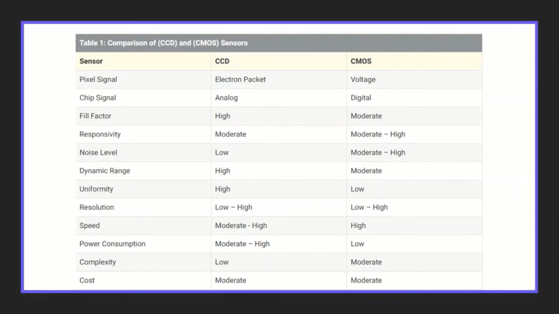But like CCD, CMOS sensors have some disadvantages. For example, CMOS sensors also have more problems with optical crosstalk due to the thicker stack on top of the pixels. This results in a less accurate color reproduction, especially with small pixels. And while the dynamic range of CMOS